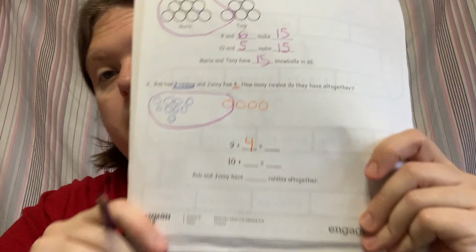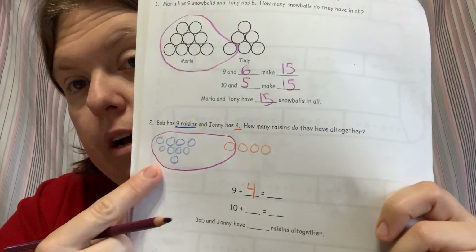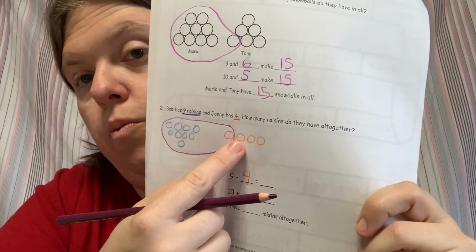So I'm going to borrow one of Johnny's to make 10, because 9 plus 1 is 10. Okay, so now I have 10 plus 1, 2, 3, and 10 plus 3